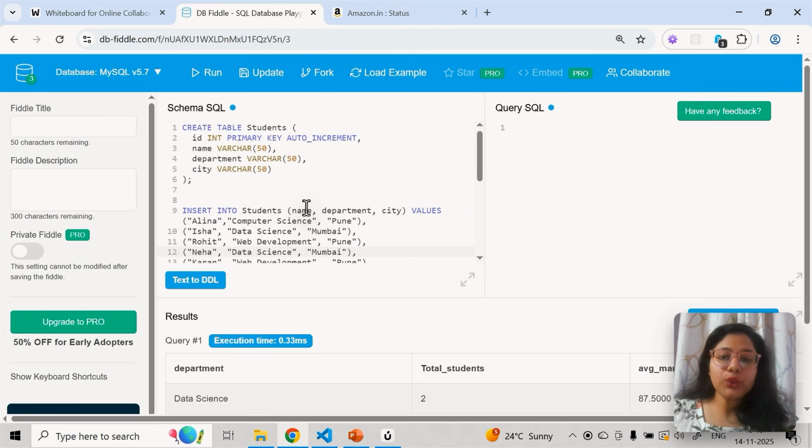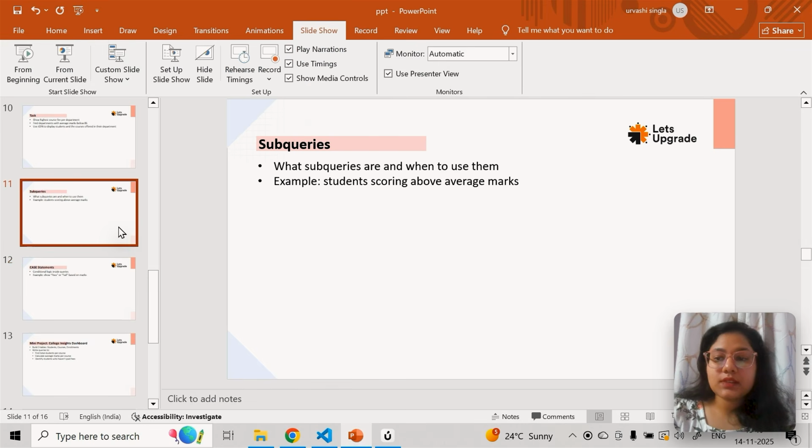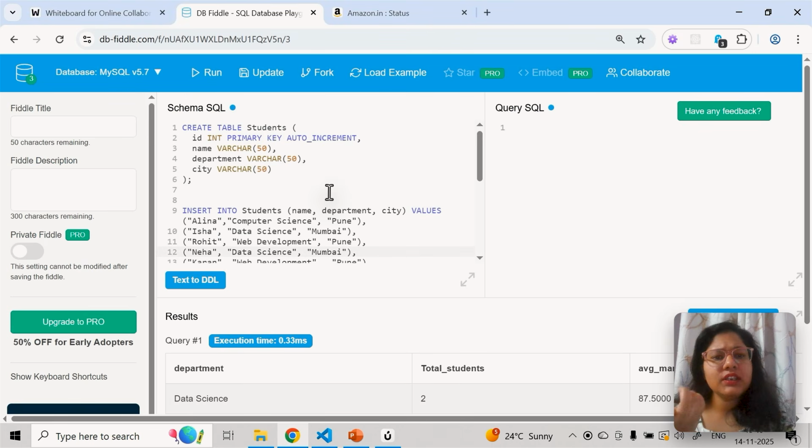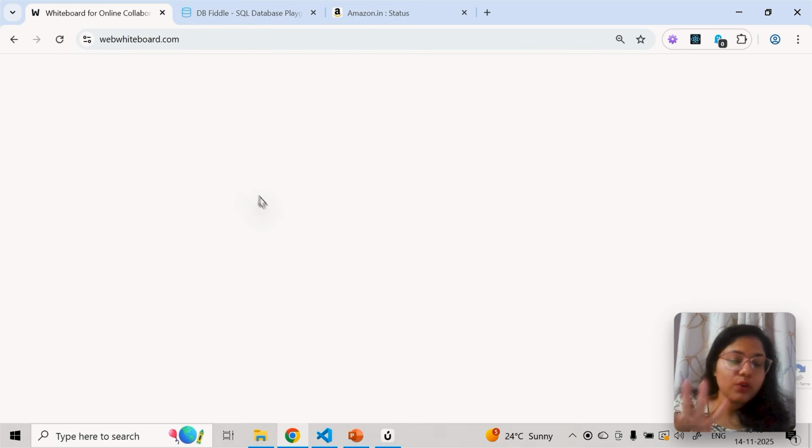Okay, so now we are going to continue with the next part. Here, what's next is subqueries. In subqueries, we are going to see a nested query, a query inside another query. Just like this one query we have run, inside this we will have a nested query, and it will be more like a summary of what we have done. If you have worked with subqueries and struggle with how to work around them, it will all be clear here.